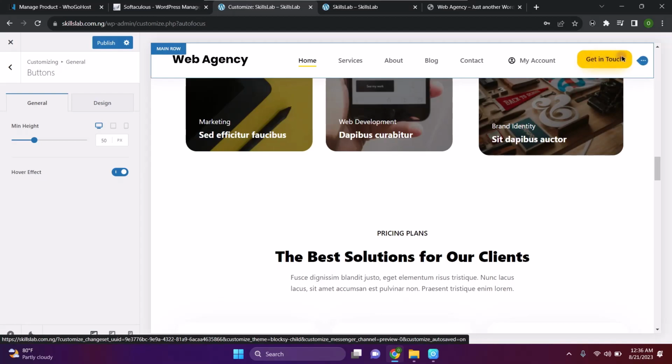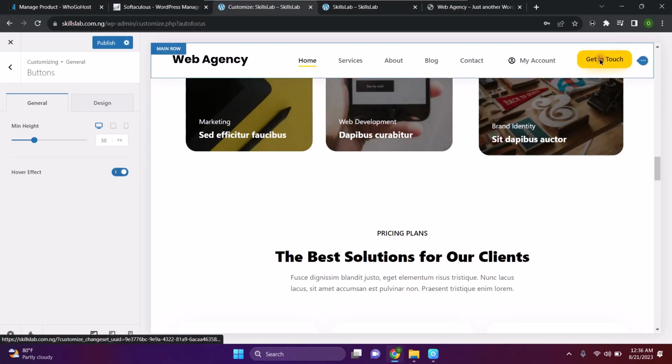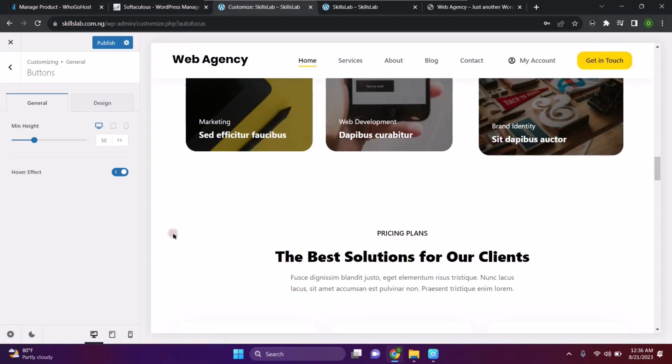There is a blurry shadow the moment you place your mouse on it. That is hover effect. Let me switch it off and see. You can see no changes except the color. But if you toggle this on, then you can see the changes. So if you want to do that,